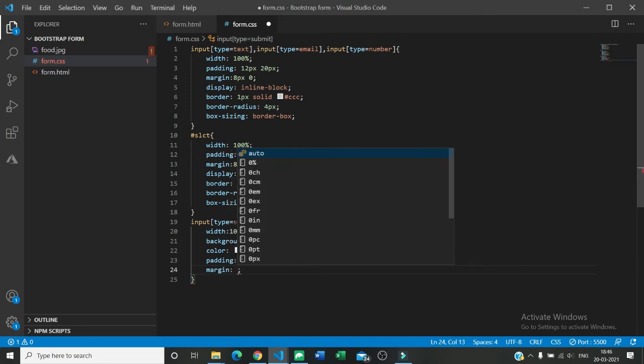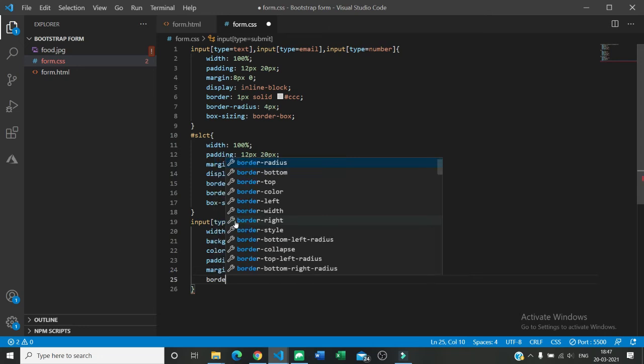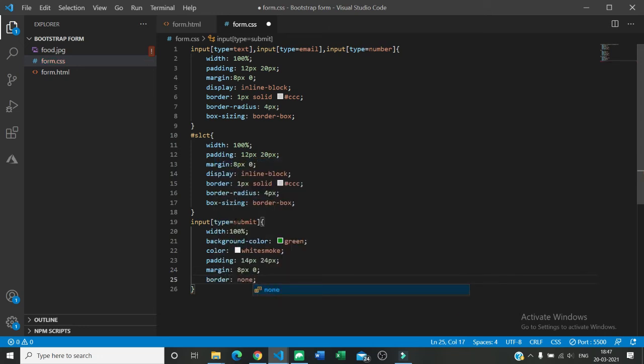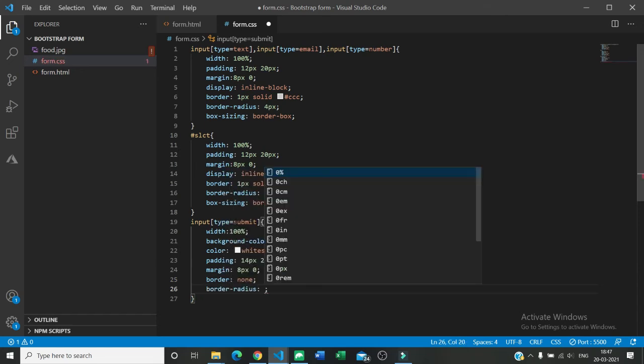So margin should be 8 pixels and 0 pixels from the left. Now after margin I am going to give border. I am using border as none. No border I want around my button. Now again I want border radius on the button because it will look good. So use border radius as 4 pixels.